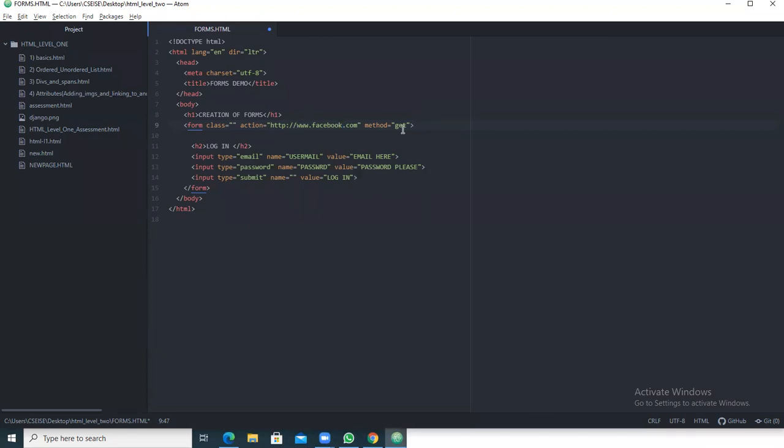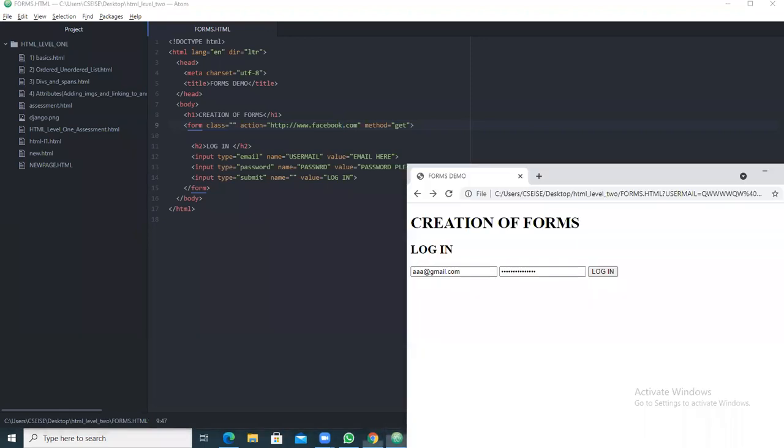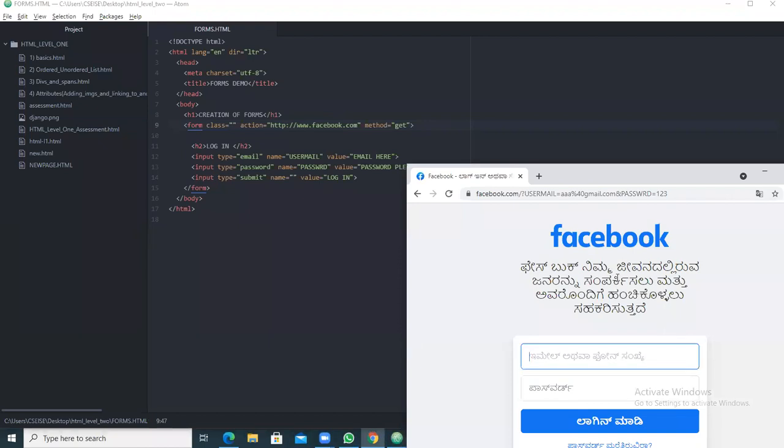So when you log in, get this particular page. Understood? Kindly save this program and now run it. Email, you give something like AAA. Password, you give 123 and give login. It will take you to your Facebook page. Understood?